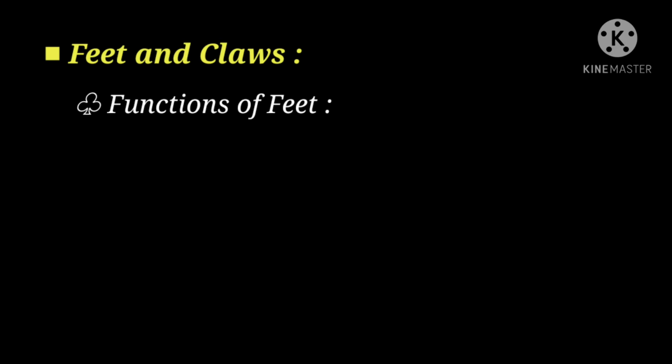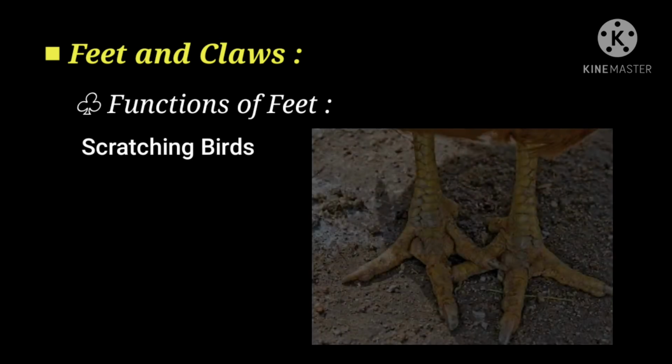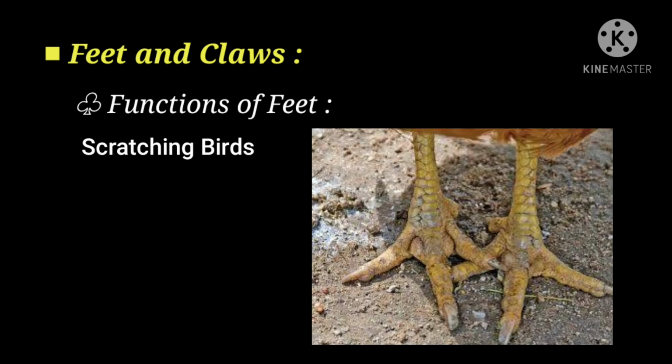So in the next type, in case of hen, rooster, peacock, they have hard sharp claws in their legs, and these hard claws help them to scratch and dig the ground and pull out the insects and worms from the soil. In the image you can see the toes of the hen. Here you can see the claws are short and so hard in nature, so that it helps them to scratch or dig the ground.